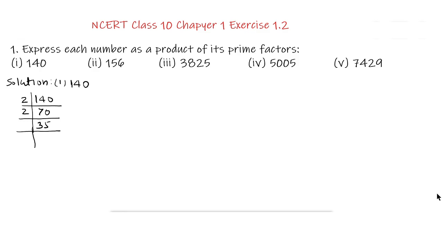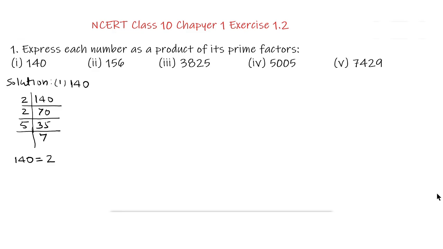Now it ends with 5, so it is divisible by 5. So we divide it by 5 and it gives 7. Now as 7 is the prime number, so our product for 140 is 140 equal to, as it divides by 2 for 2 times,